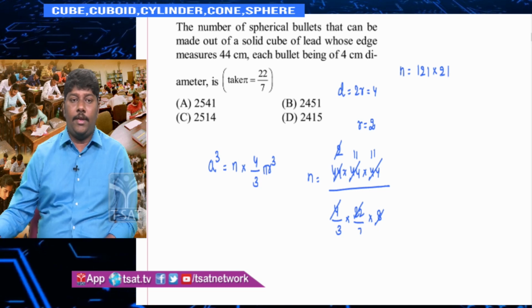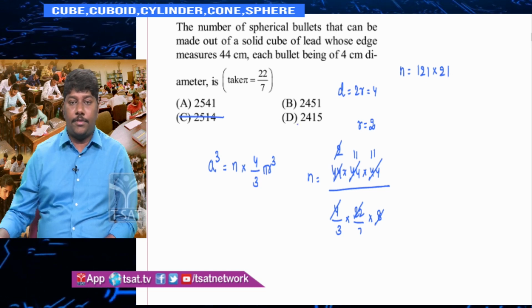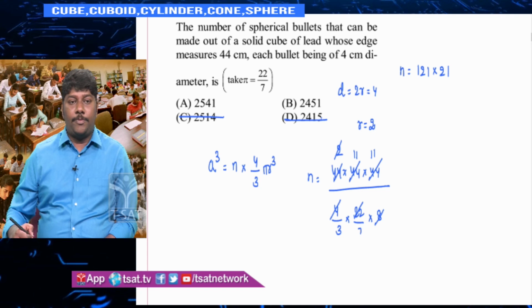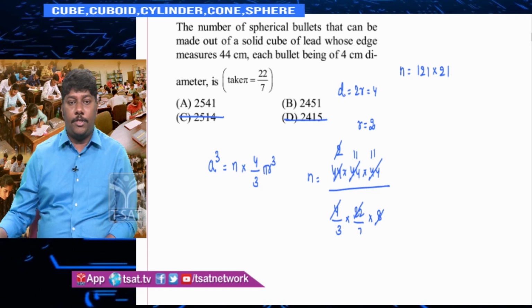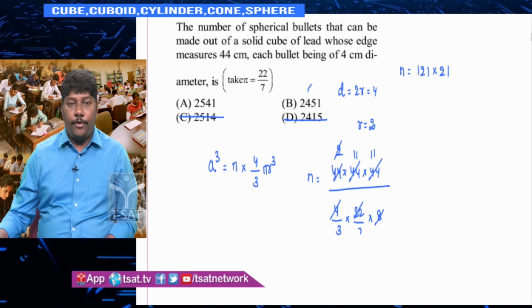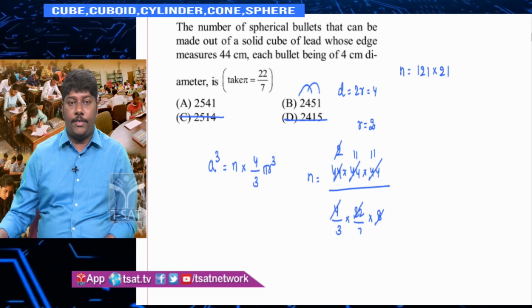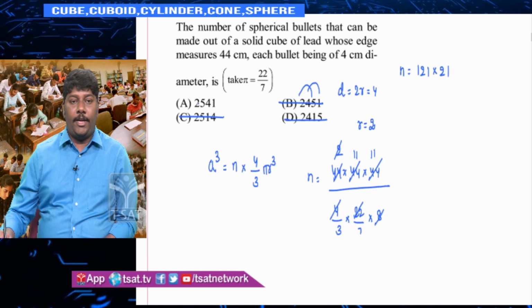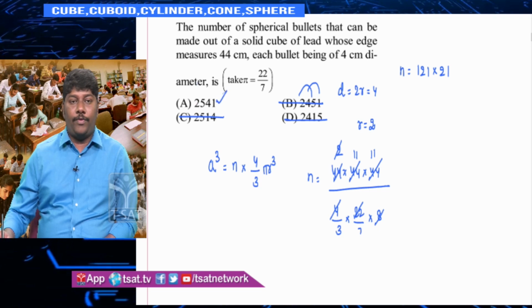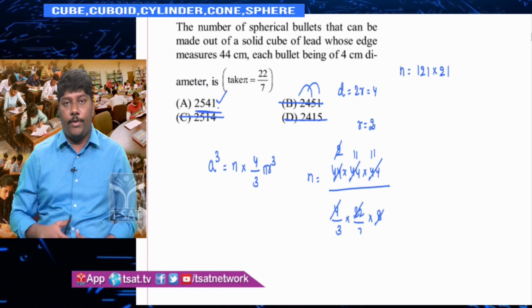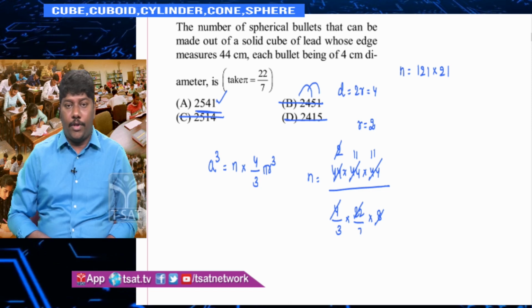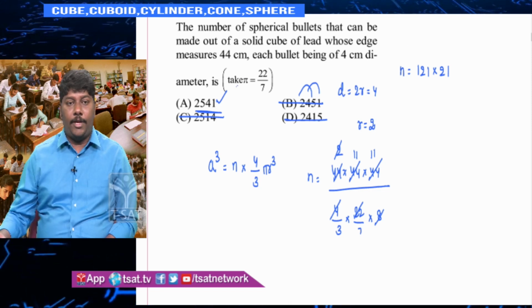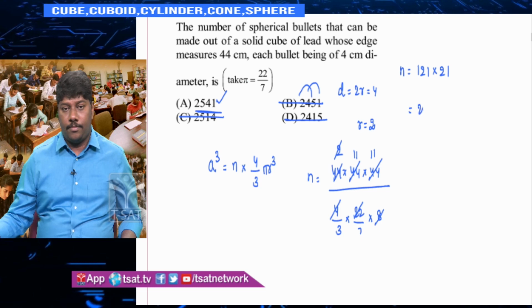By looking at it, you can eliminate these two options. And the number must be divisible by what? The number must be divisible by 11. 4 plus 1 is 5, 2 plus 5 is 7. So, it is not divisible by 11. So, by eliminating options also you can say your answer is 2541, because this is divisible by 11 and its unit digit is also 1. Even if you multiply, you are going to get 2541.